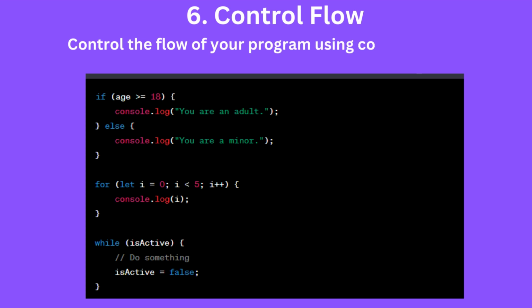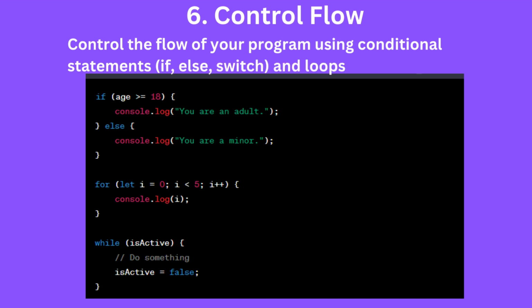For, while. If age >= 18, console.log "You are an adult", else console.log "You are a minor". For (let i = 0; i < 5; i++) { console.log(i); } While (isActive) { // do something; isActive = false; }